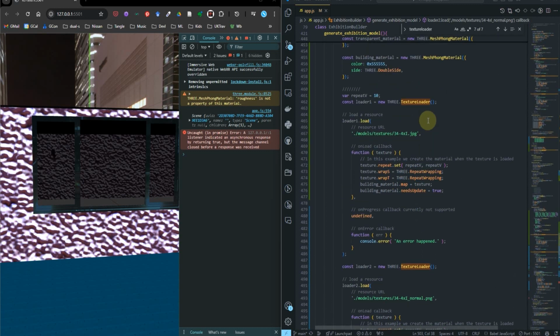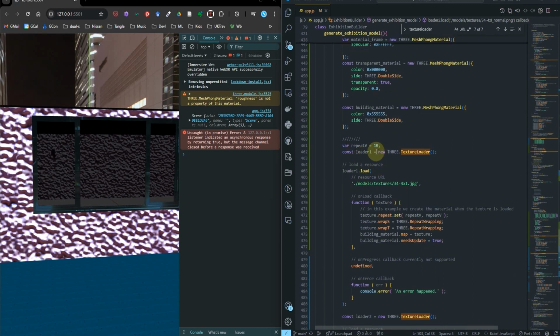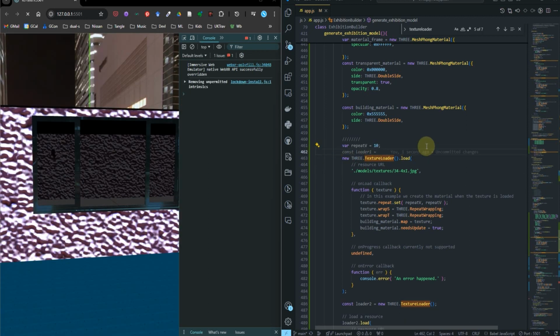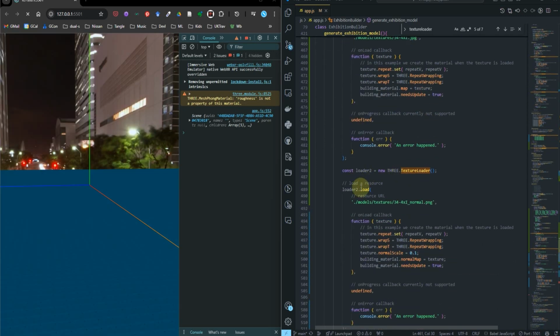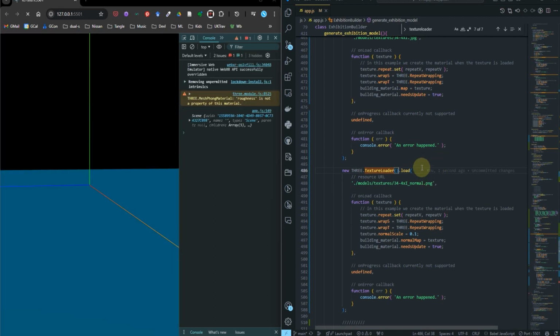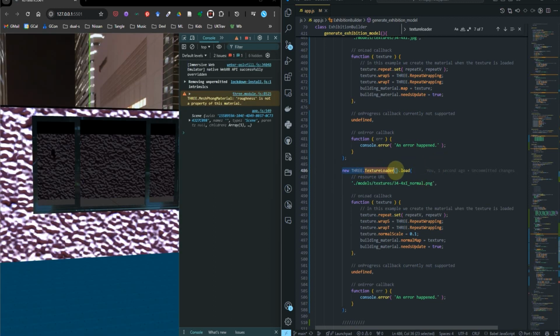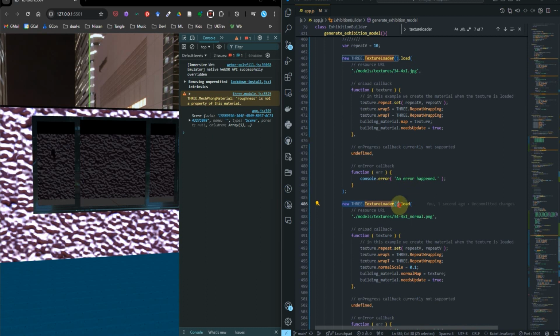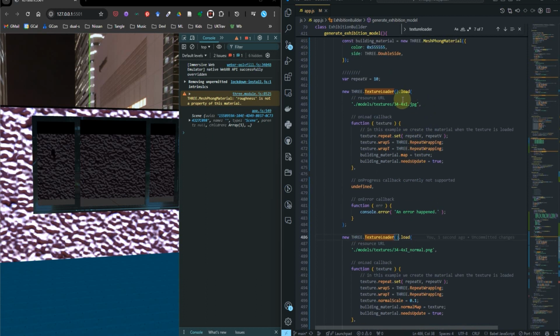So what I'm going to do, first of all, is reduce all this code. Just copy this and use that to replace the loader one and delete all this. Leave repeat V, and same thing for the second one as well. All that, place new to loader load. So it creates an object and then calls the load function for that object. So we're going to change the object itself. So we'll use building